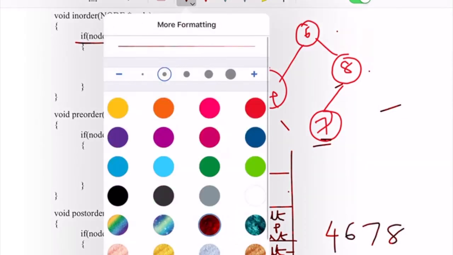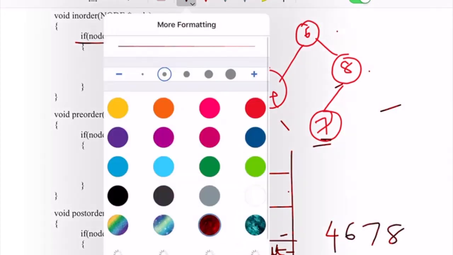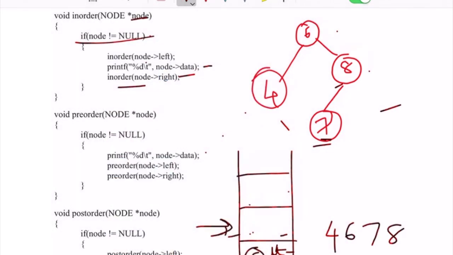For the node 8, all the three things that were supposed to be done are done. So you are going to go back one more level. That is nothing but node 6. Node 6 also, you are done with all the three statements. So it is going to stop here. So the output of your inorder traversal would be something like this: 4, 6, 7 and 8.